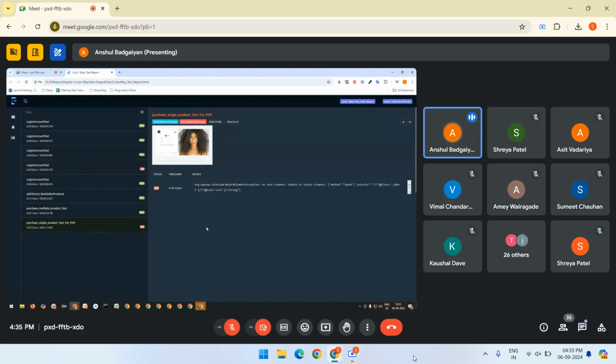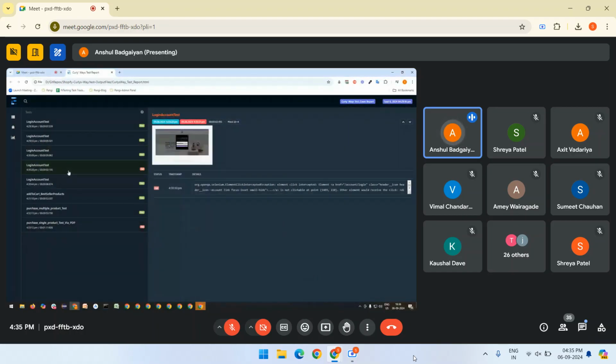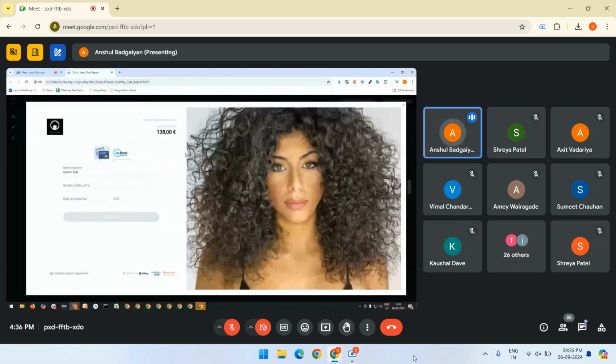Then this one failed because the page again was not fully loaded, so Selenium was not able to locate that particular element. So there is a high chance that if I run these test cases again, they will all pass. Here we can see it is also showing us the image where it failed. Maybe it was not able to take this element